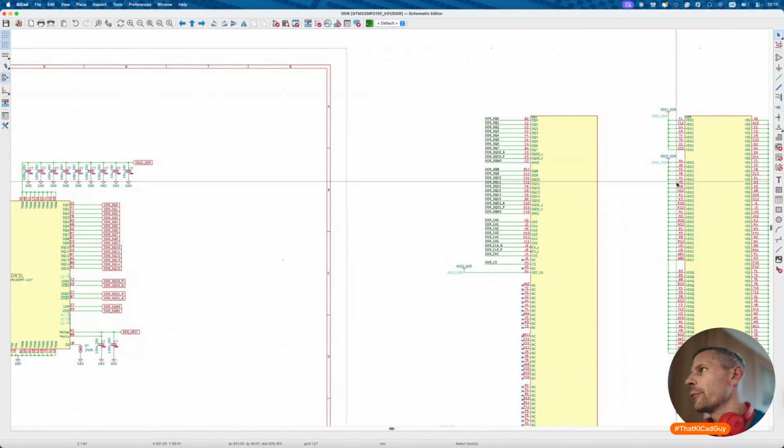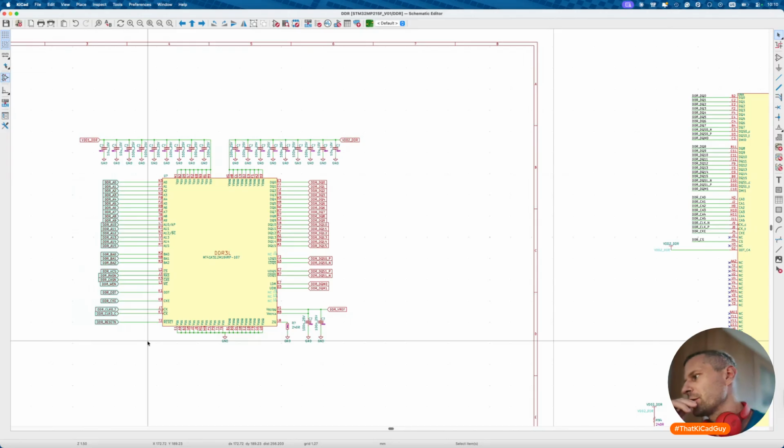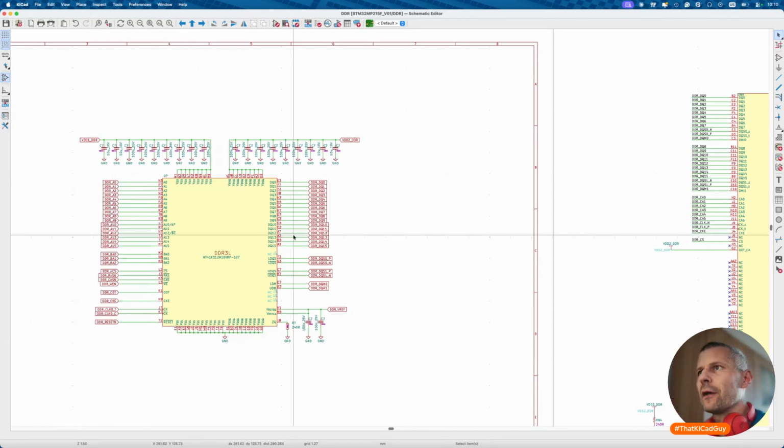But yeah, I can remember that I have checked it multiple times. Yeah, this is the interconnection from the STM32MP215F DDR helper, and this is part of the default connection